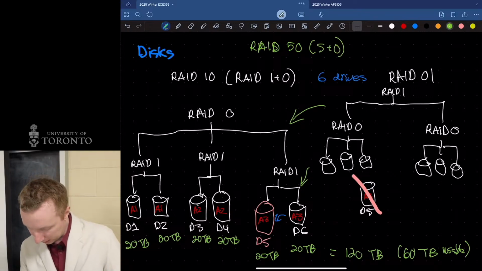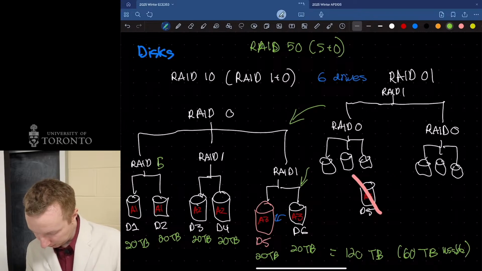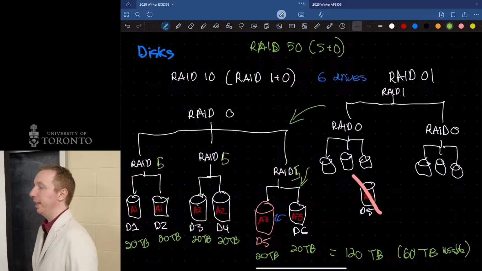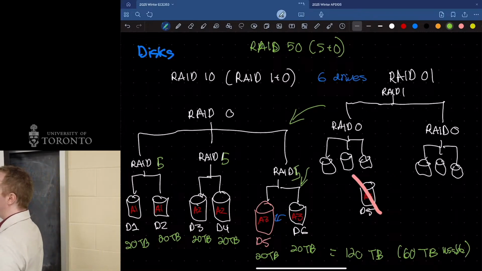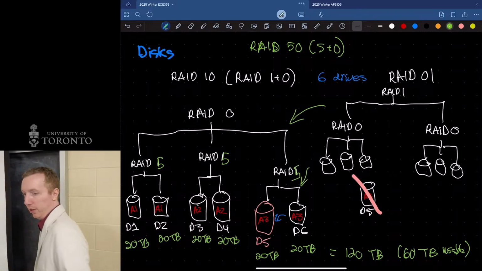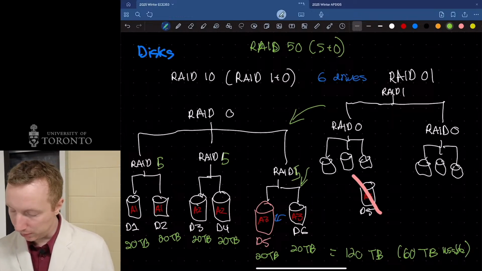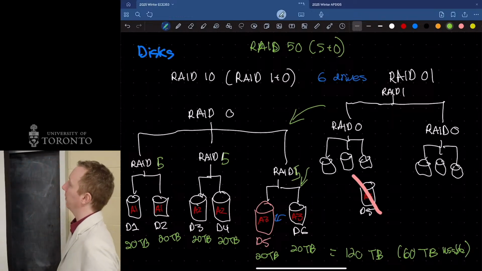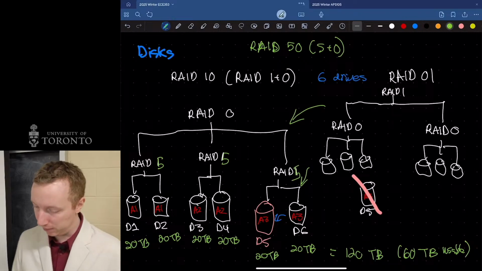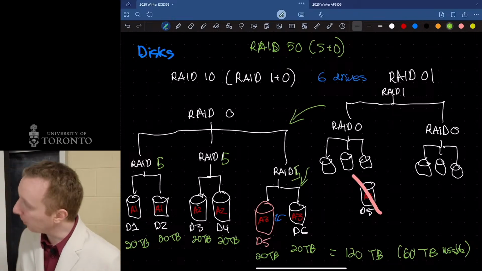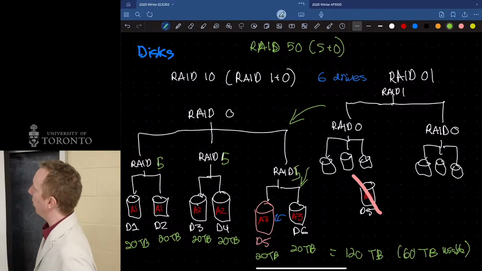Same idea here, but instead of RAID 0s, I would have RAID 5s, which I would need a hell of a lot of disks to do. But again, it's something you can do if you are Google or something like that, that has to deal with vast quantities of data. Again, we don't really care about nested RAID levels all that much.